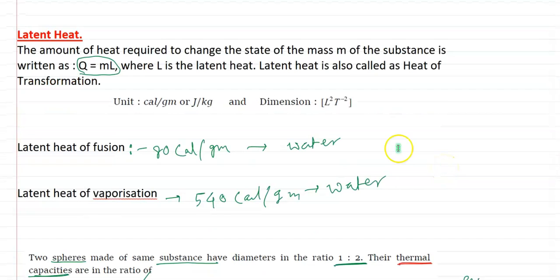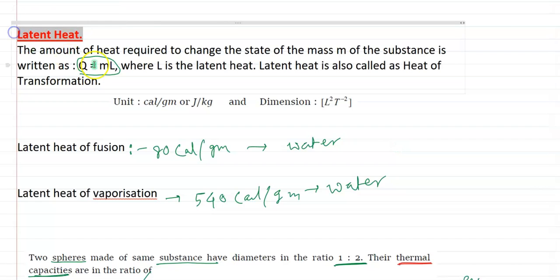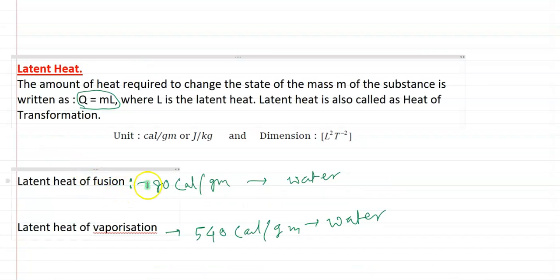Latent heat is the heat absorbed by the substance during a state change, when the substance changes from one state to another state, but temperature does not change. At this condition, the amount of heat required for state change per unit gram is called latent heat. Latent heat of fusion of water is about 80 calorie per gram, and latent heat of vaporization of water is about 540